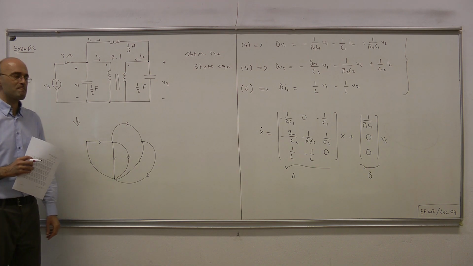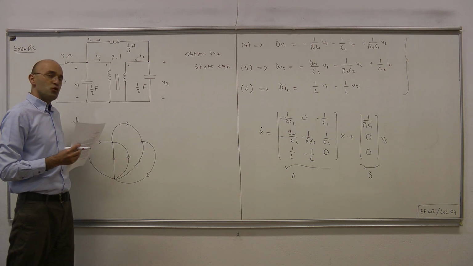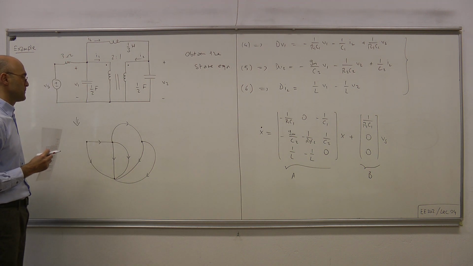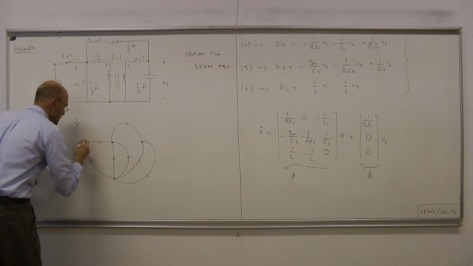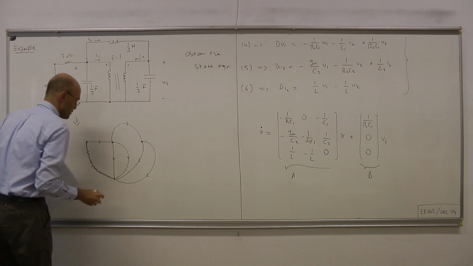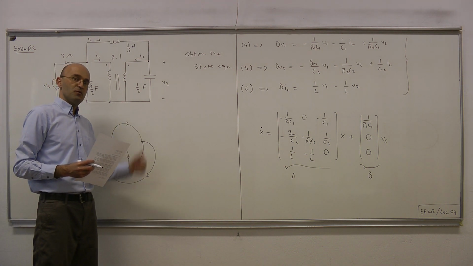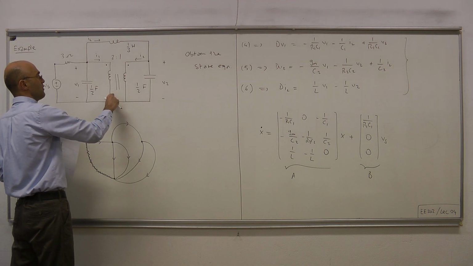Okay, so that's our graph. Now, for this graph, let's choose a property, because the property will help us to choose the state variables, or the state vector. First of all, the independent voltage sources must belong to our tree. Therefore, this branch that describes the independent voltage source is part of our tree. If we have an ideal transformer, and in this case we have one, one and only one of its branches must belong to the tree. Okay, therefore you can choose this branch,